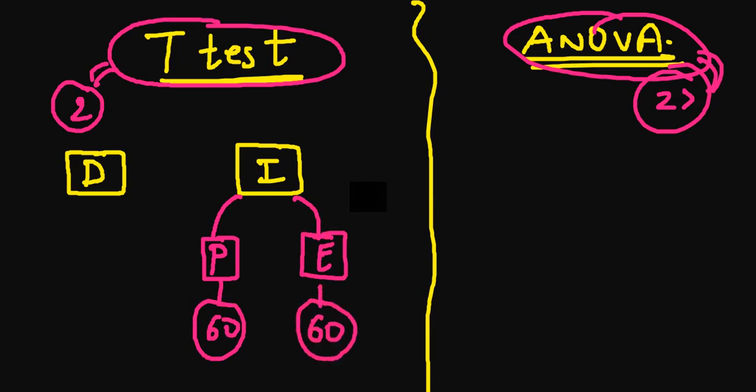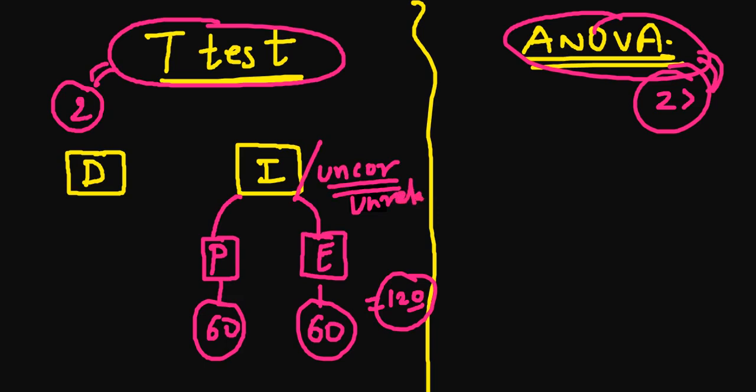So how many total students are over there? There are 120. So what is this example? This is an example of your independent sample. You can also call it the uncorrelated sample, or you can also call it the unrelated sample, whatever the "un" may be. Okay, now are we doing PhD? But still okay. Now over here, this is the thing with the independent.